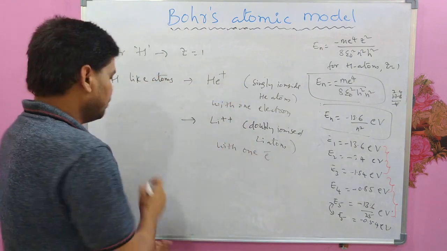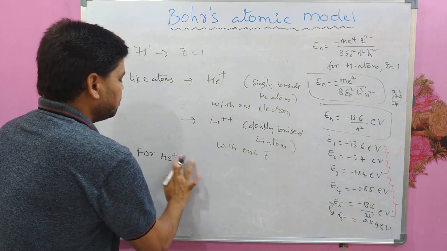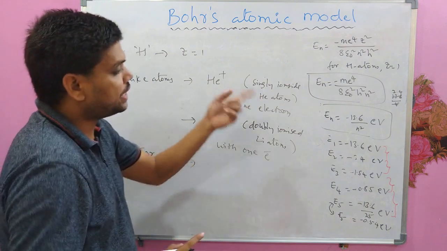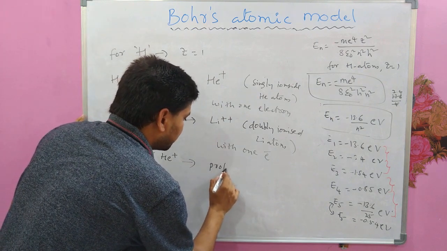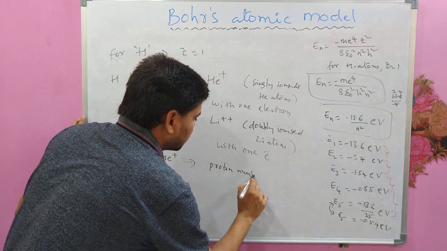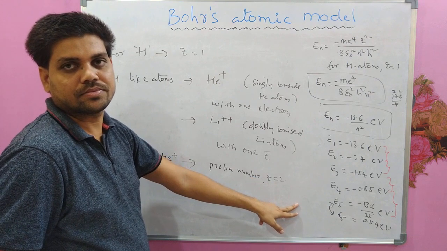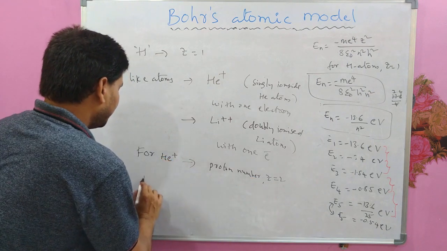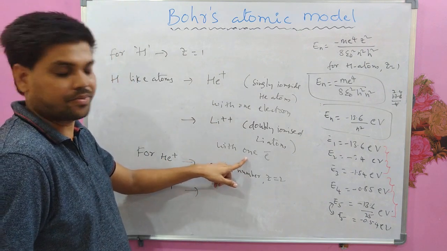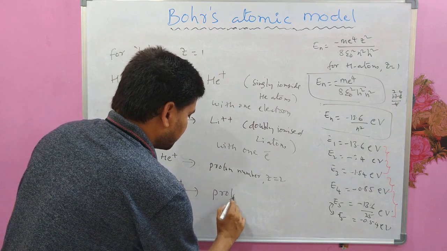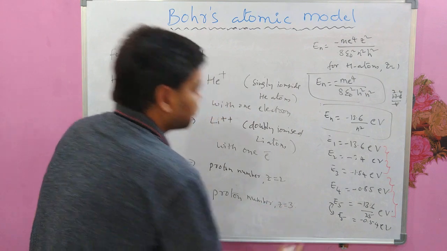For example, for helium plus, even though it has 1 electron, but proton number Z equal to 2. Okay, and for lithium plus plus, even though it has 1 electron, proton number Z equal to 3,